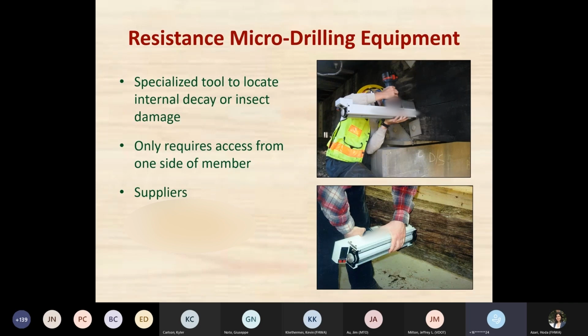The last tool in our toolbox is the resistance micro drilling equipment, and this is the newest tool. It's only been around about 15 years for wood, originally developed for trees. It's a specialized tool. There's 3 suppliers listed here. We typically use the IML one. It's a German manufactured tool. The difference with this tool is it only requires one side access, so you can drill even against a concrete back member, and you can drill it to a certain depth, so it's very handy that way. But what's unique about this piece of equipment, next slide,